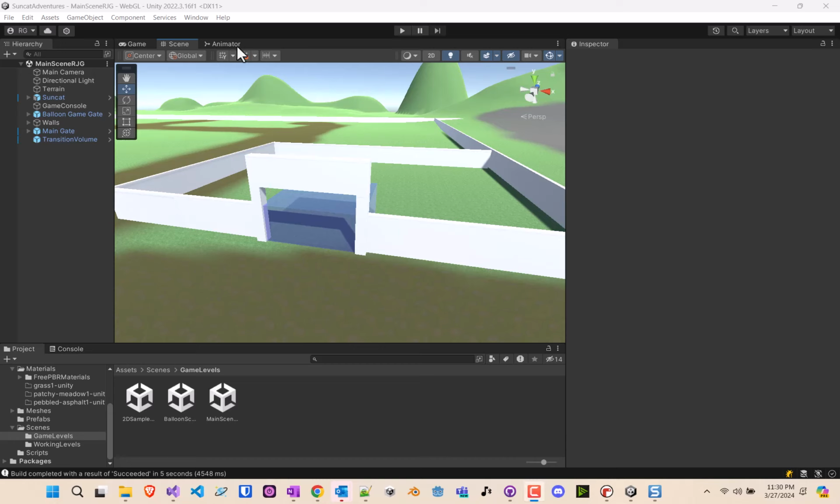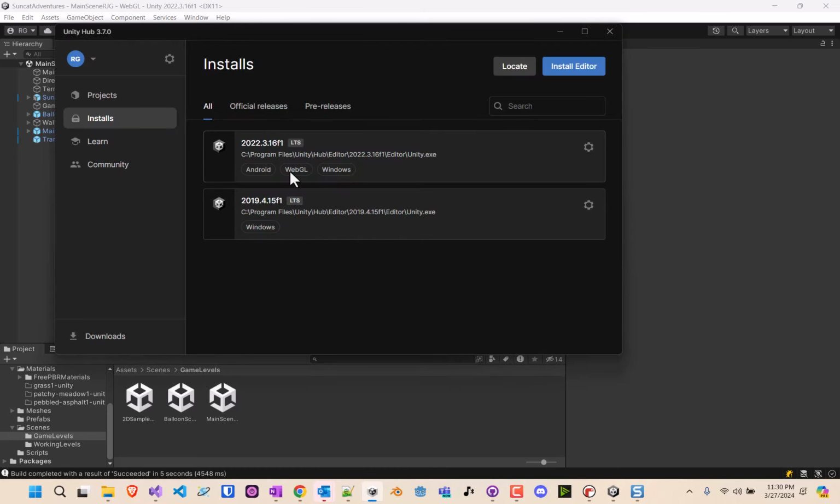I'm a computer programming instructor, and today I'm going to talk about how to deploy a Unity game using WebGL. So the first thing you need to do is make sure that you have the WebGL workload installed on your